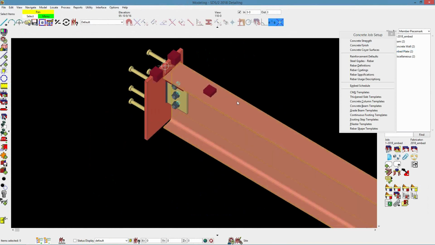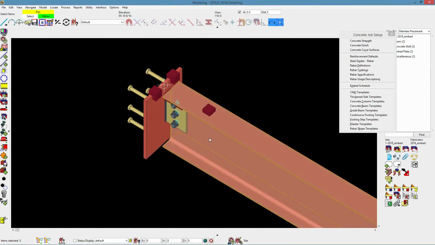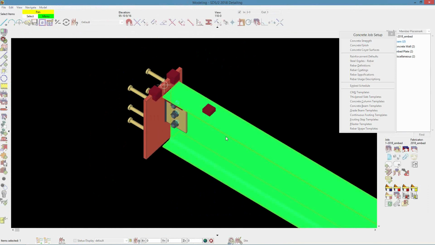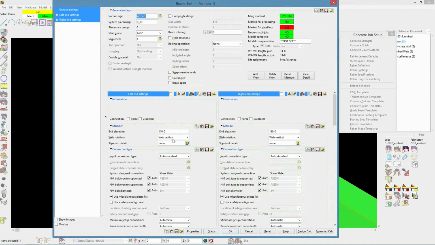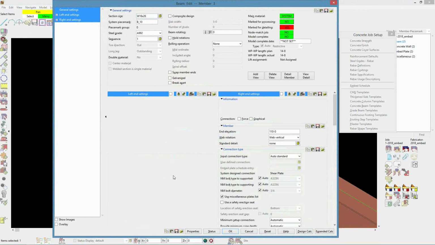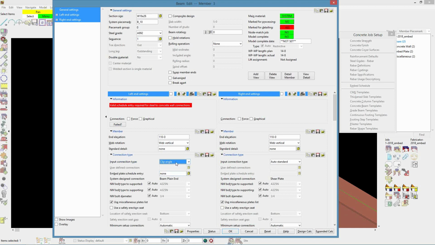Next, if we wanted to change our input connection type, you can do that here. So if I double click to edit my beam, let's work on the left end here. We'll change it off AutoStandard. And let's say I wanted a narrow gauge clip angle. As soon as I change it to clip angle, I get a failed message. Since I'm framing to a concrete wall, it does want me to have a valid schedule entry for the steel